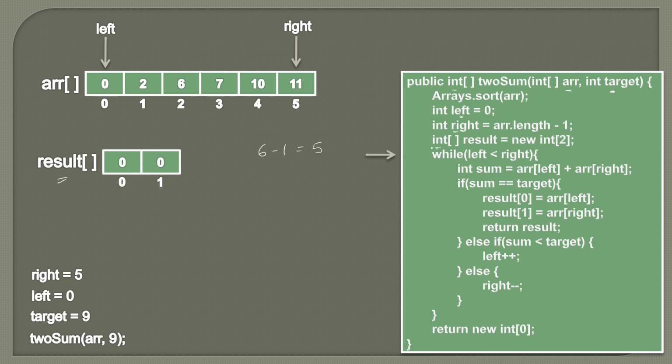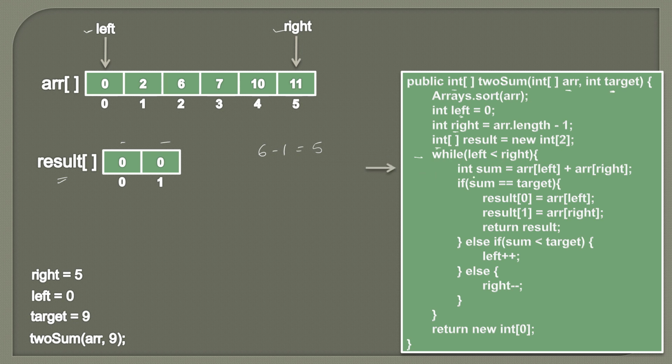Now what we do is we provide a while loop. And inside this while loop we provide a condition that left should be less than right. So here if you see, left is at the 0th index and right is at the 5th index. So left is less than right. Now using these 2 pointers, we try to find out the pair. The first number will be denoted by left and the second number will be denoted by right. So these 2 pointers will help us in pointing to both numbers of the pair. So the condition in the while loop is left should be less than right. So at the start, this while loop will execute because left is less than right.